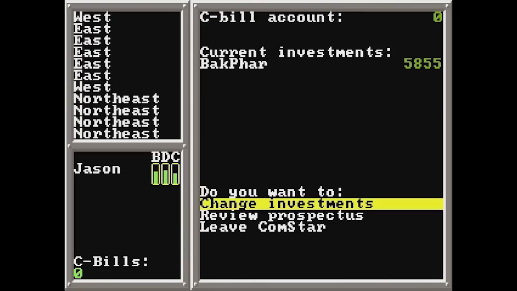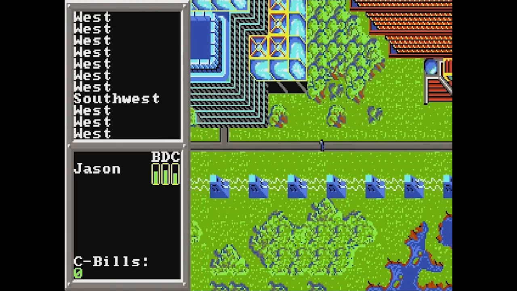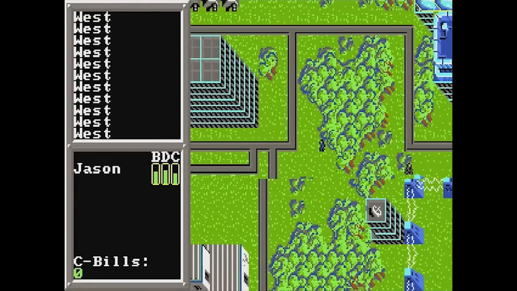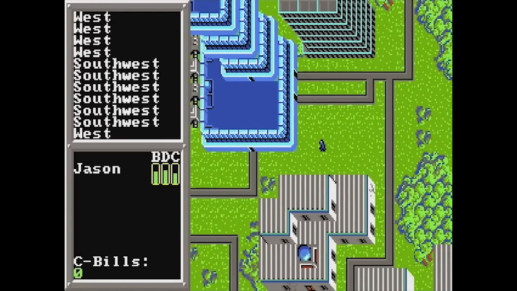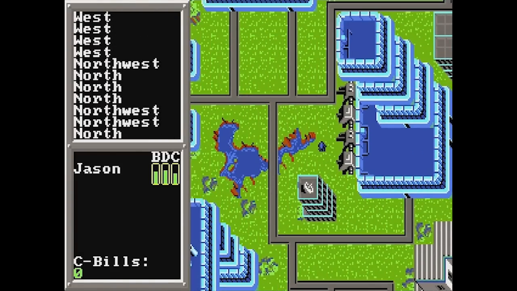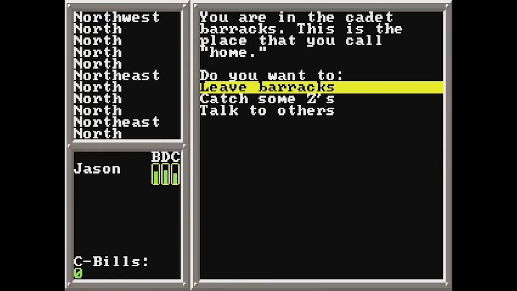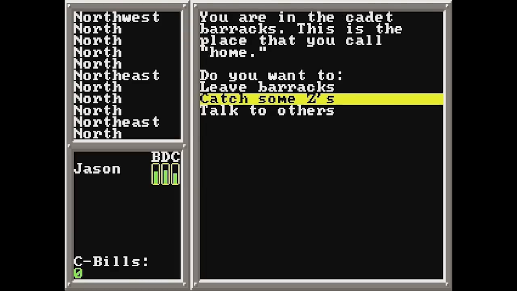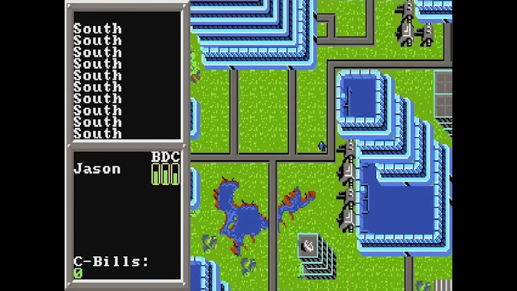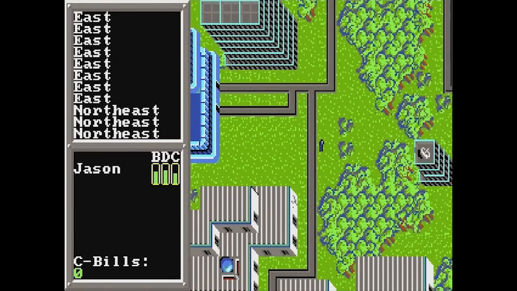Throw it all in Baker Pharmaceuticals. These guys can do no wrong. We literally went from 600 to 6,000. Yo, we can buy a bazooka. Oh, snap. Oh my god. We can afford all the combat training we want. Yes. Okay. I think when I get to like 10,000 bucks or something, then we'll go and buy